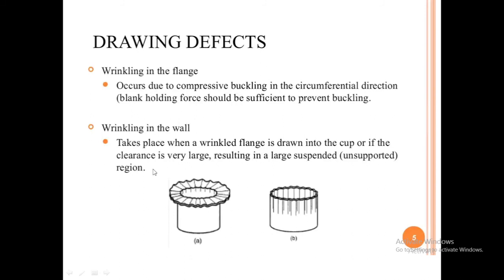And if this blank holding pressure is large, then what happens at that time? Thinning of the wall, meaning the wall gets thinner, and fracture at the flange will develop. Means when we apply the blank holder pressure, if this pressure is very high, at that time other defects will be produced, and due to this large pressure, the wall of the cup gets thinner, and wrinkles may develop on the surface of the wall, or cracks on a flange.